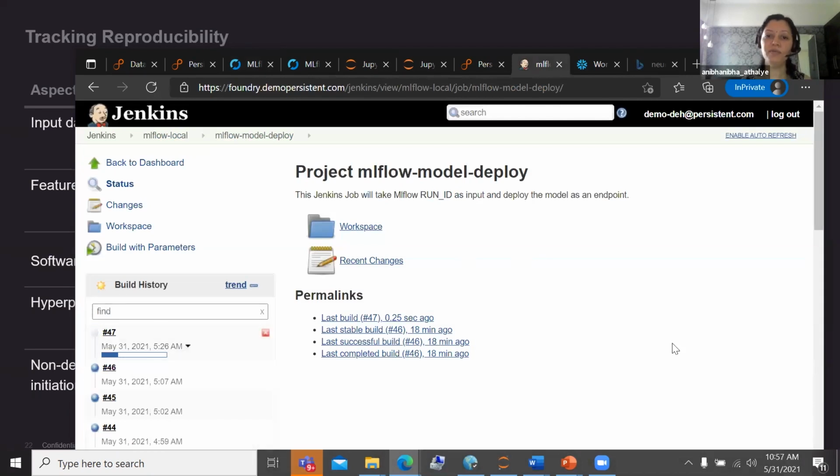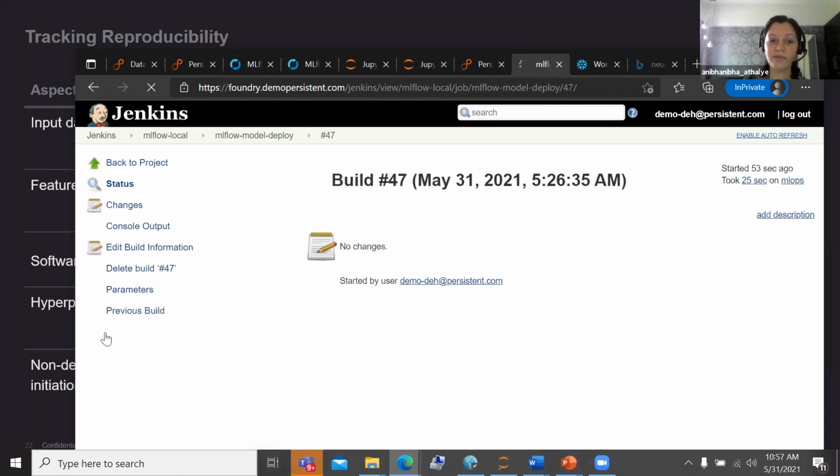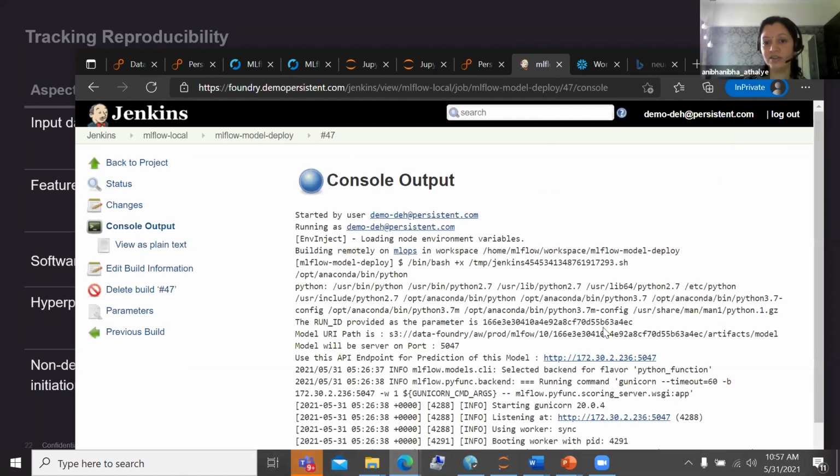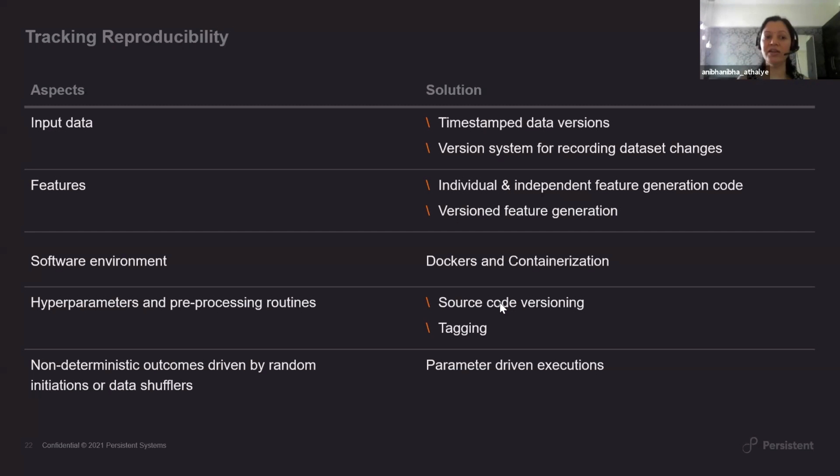It is going to take some time to build, but I hope that you got the gist of where this entire experimentation tracking helps us. So here it is finished with the deployment, and it has gone and deployed it at the location that you need. So basically, integrating the experiment analysis as part of your machine learning development also enables the deployment aspects very easily without human involvement.